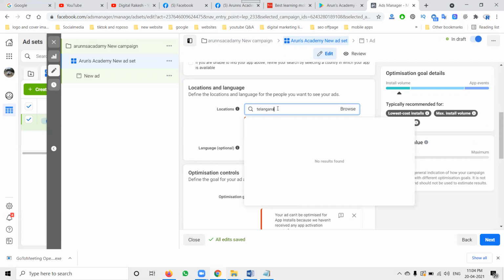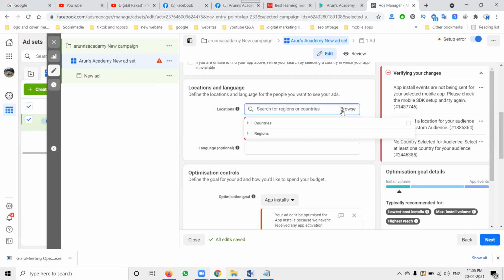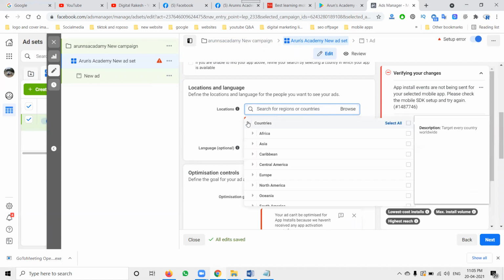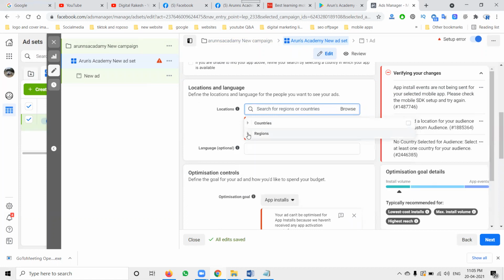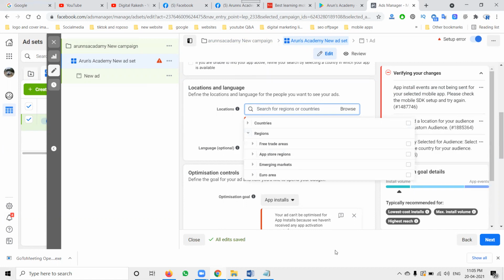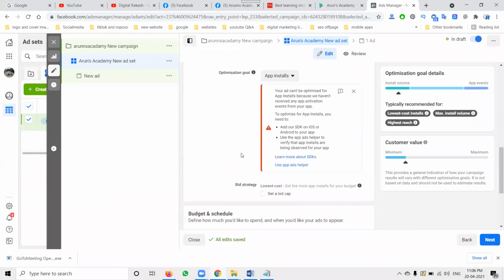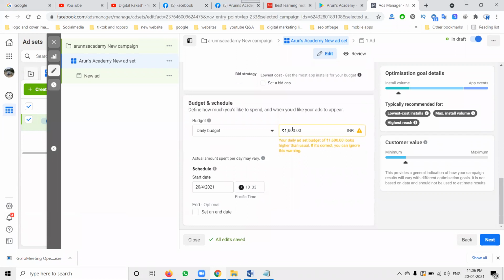You can use the location. So yeah, we have to select the option names, countries, regions. Now I'm selecting this position here. So I'm selecting India and English.